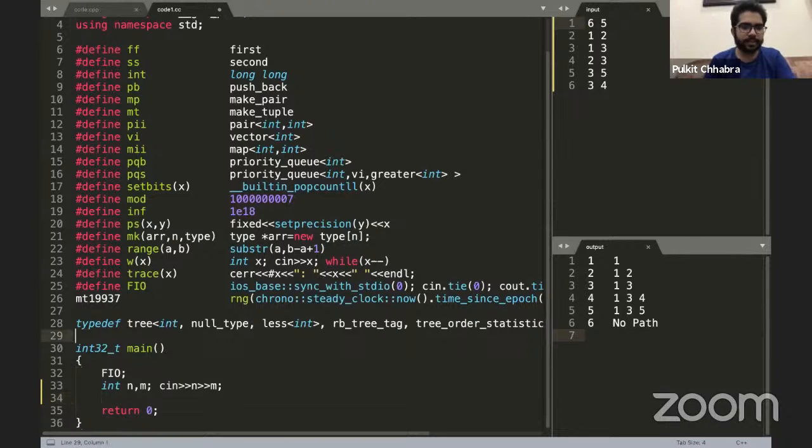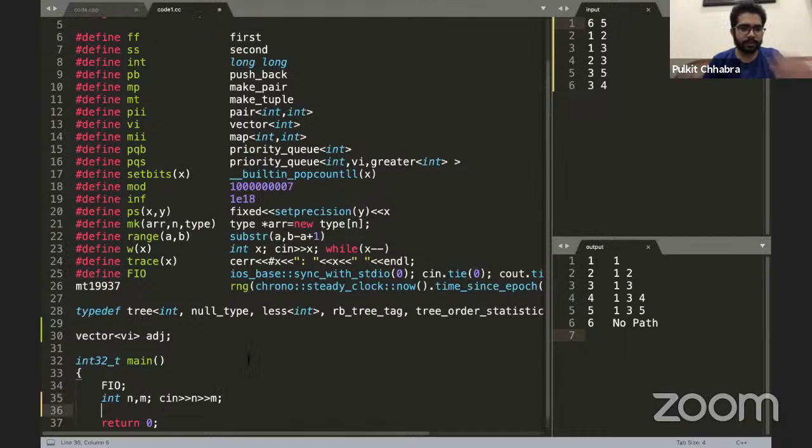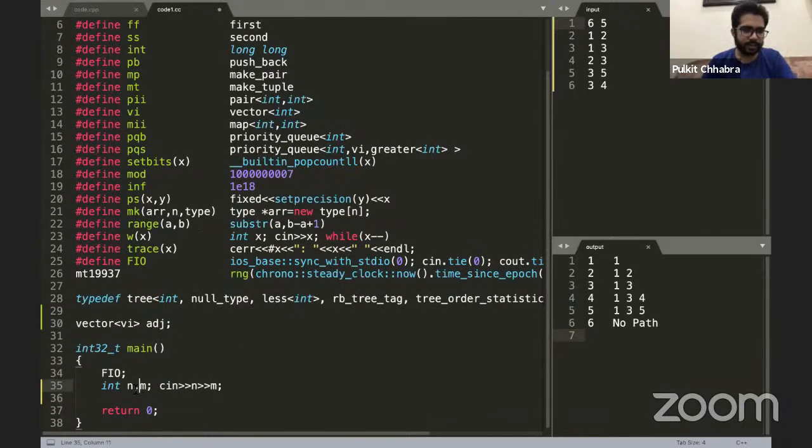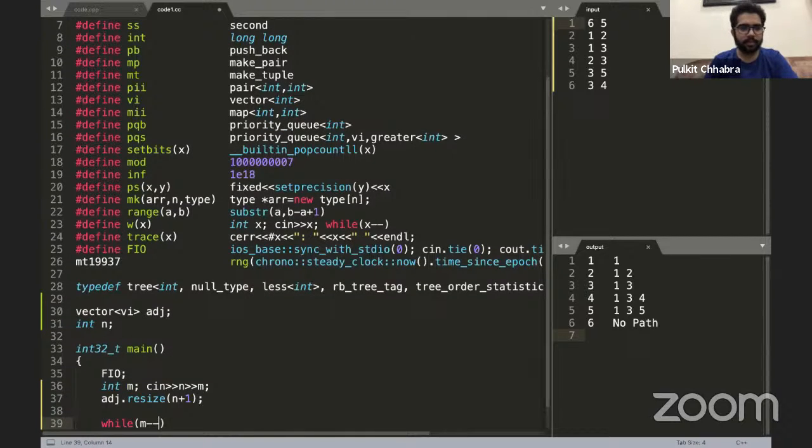And let's say again that we have the vector of vector int adj. Let's make this n global. And yeah, adj dot resize n plus 1, while m minus minus.